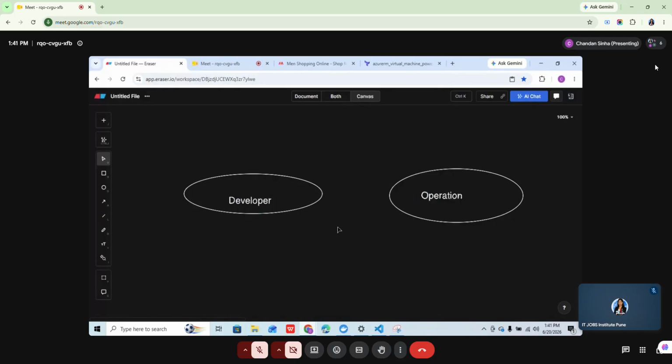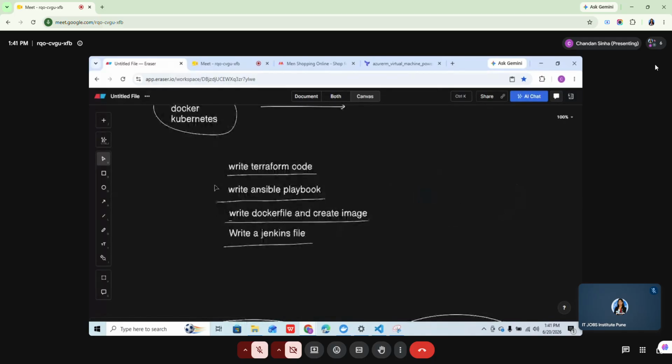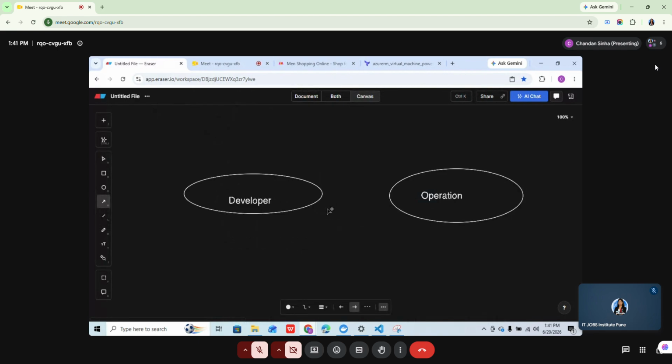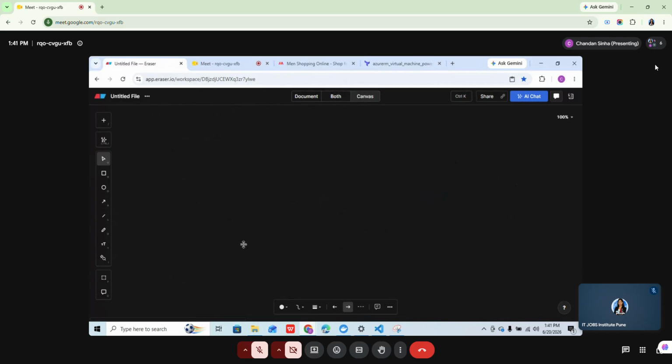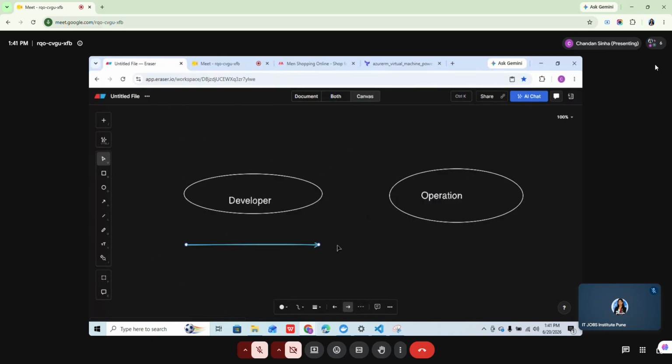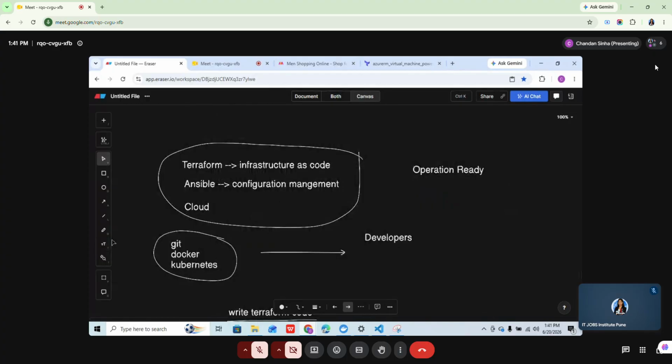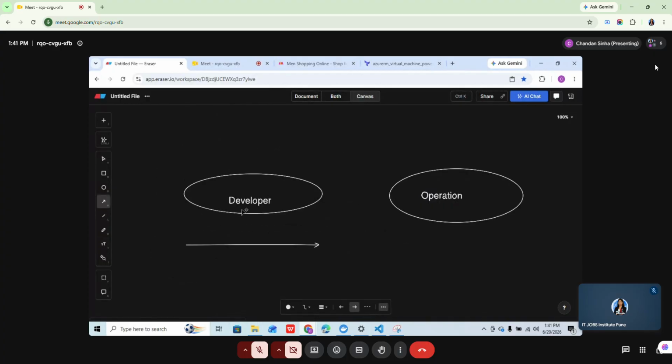When we start from the Git, Docker side, we are approaching towards the developer side. When you are doing Git, Docker, and Kubernetes, you are directly interacting with developers and helping them deploy their application. But when you are starting from Terraform, Ansible, and cloud, in that case you are approaching